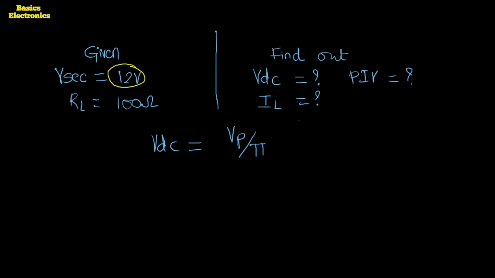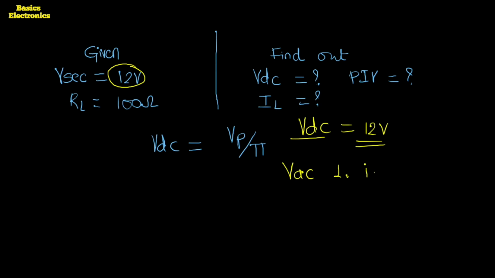If we measure the DC voltage of a battery, then that voltage is the average voltage. Suppose we have a 12 volt battery, then it is only 12 volt, no other values are available. But if we measure the AC voltage VAC, then it can be measured in various ways.